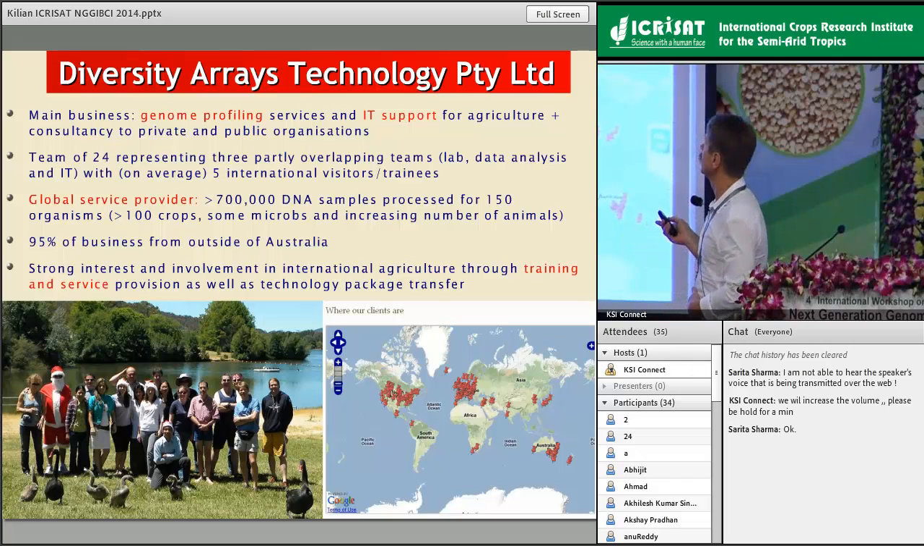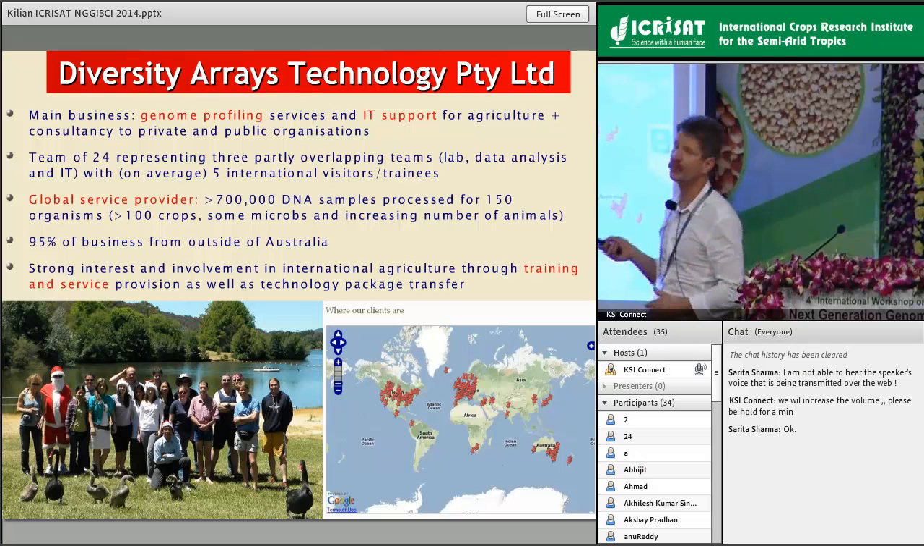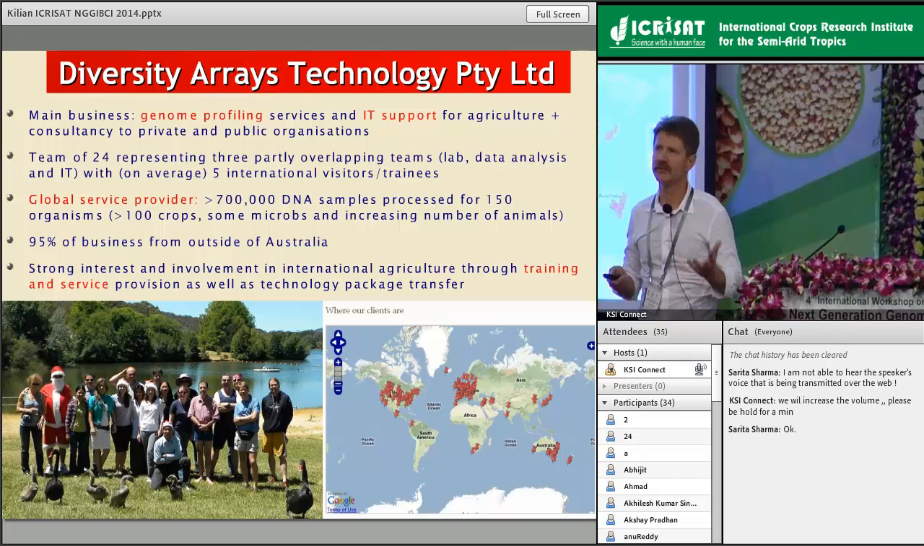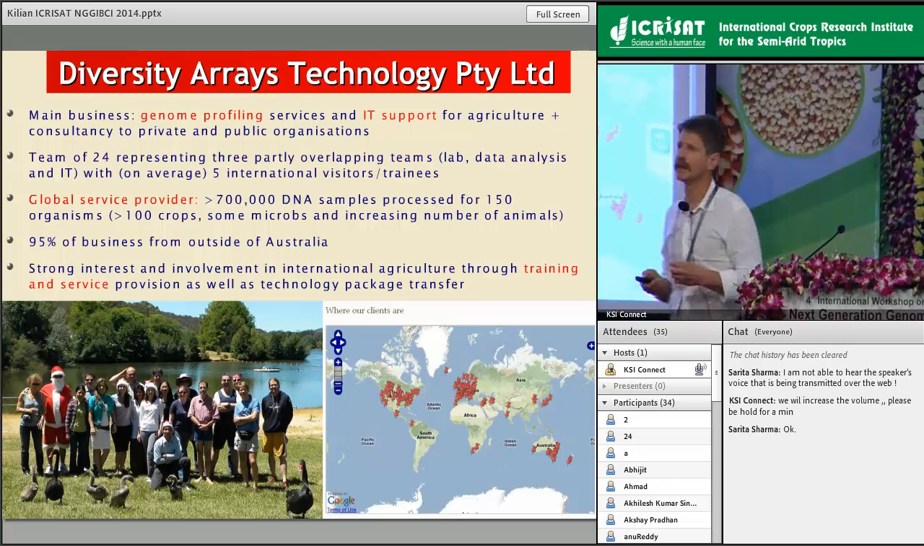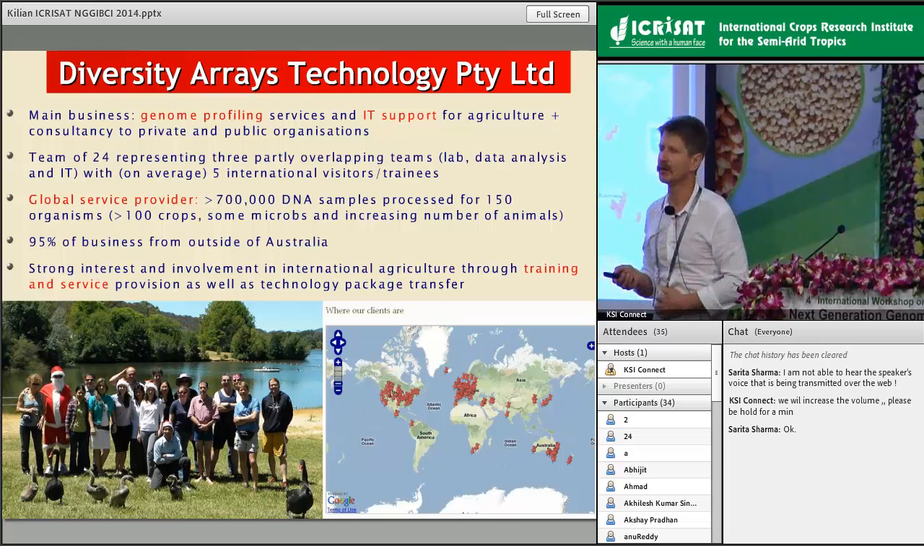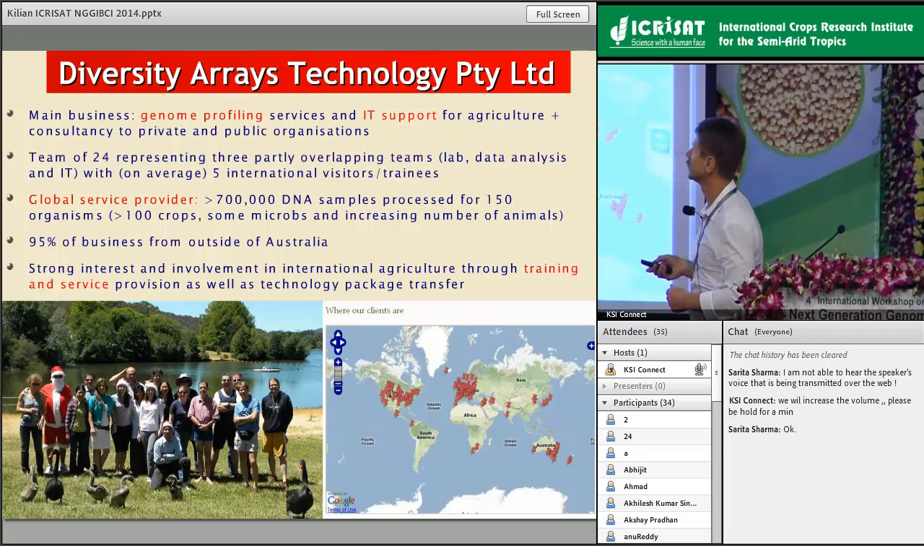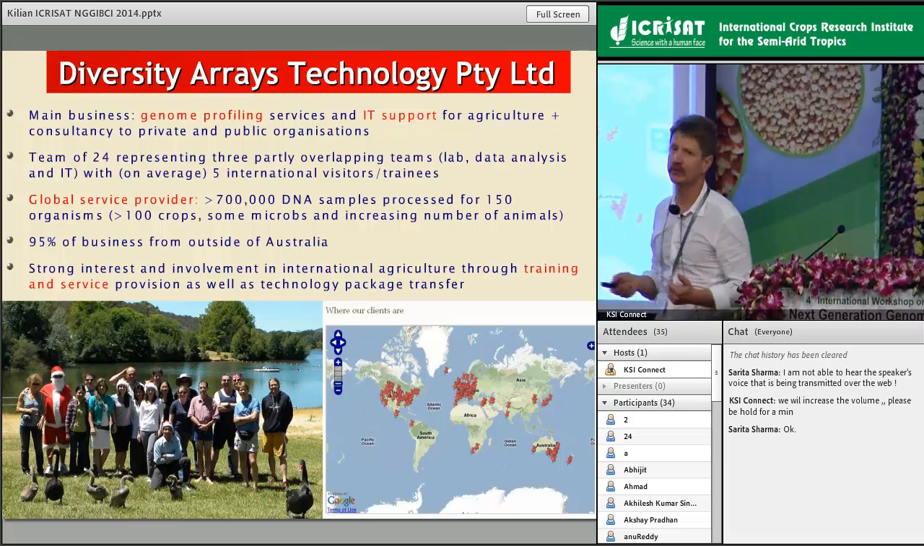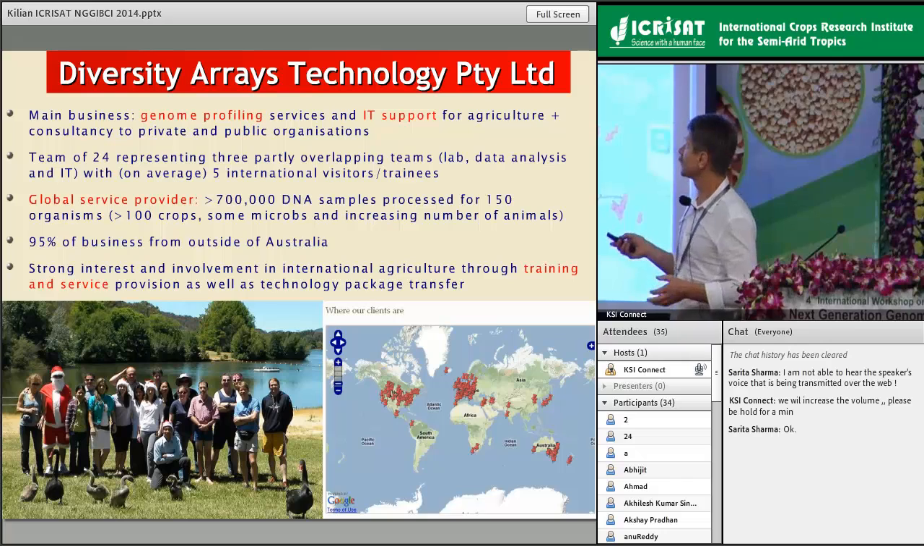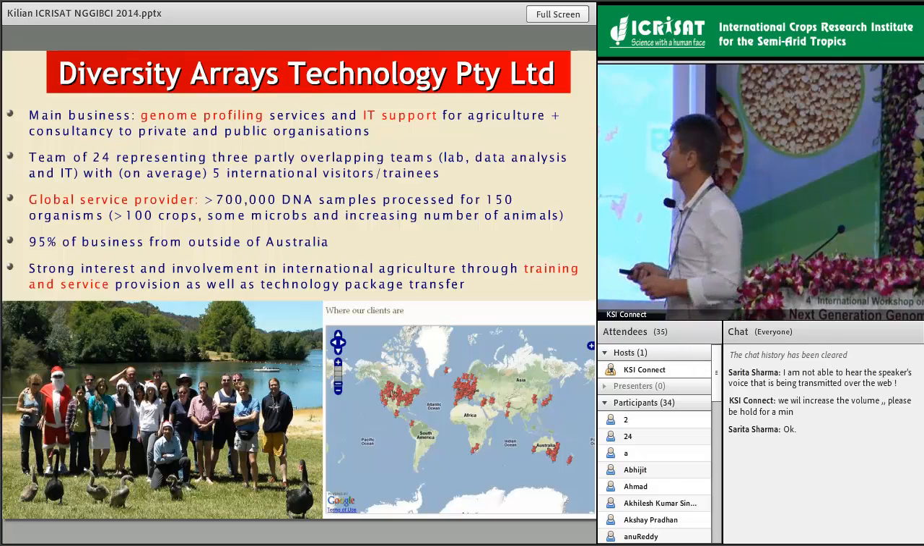So we mostly work in crops, and our initial work was really, apart from wheat, a lot of orphan crops that did not have any technology accessible to them. They relied on the DArT platform for initial entry into genome profiling and genomics. 95% of our business is still outside of Australia,